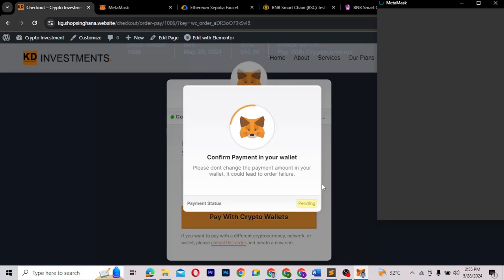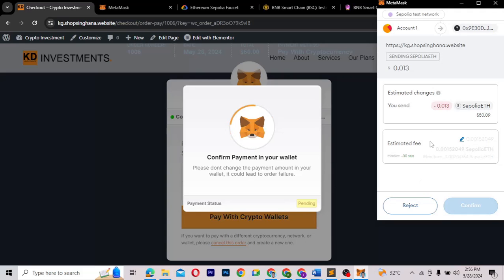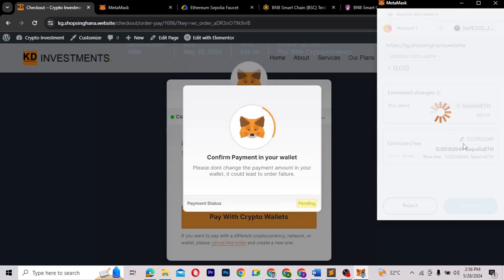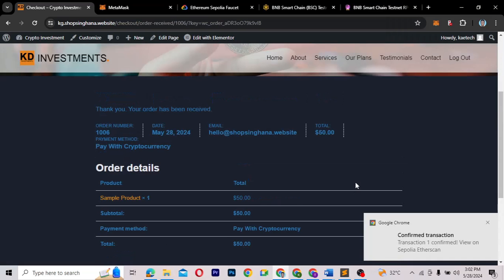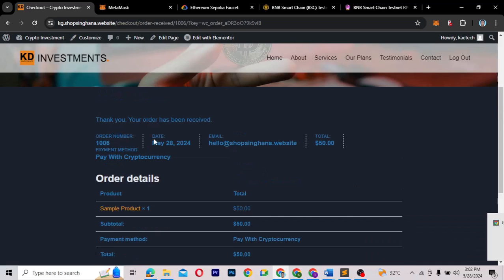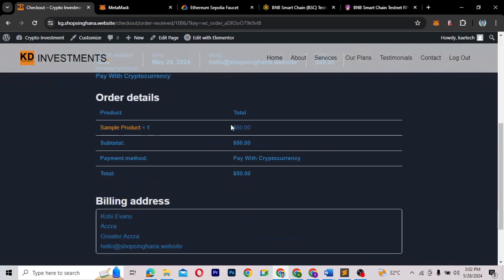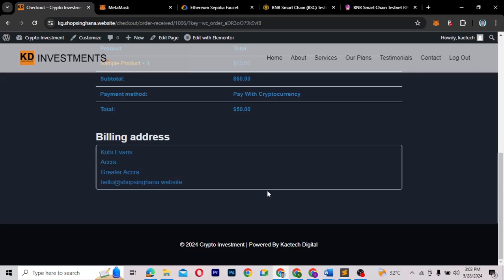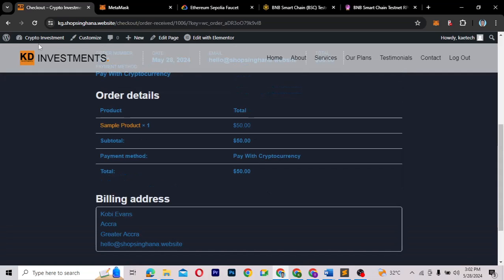So let's wait, and then the payment should go through. All right, so all I need to do is go ahead and click on confirm. So I'm going to just click on confirm to confirm the payment. All right guys, so as you can see, the order has been received and the amount has been paid. Okay, so if you go to the back end of the website, let's try and go to